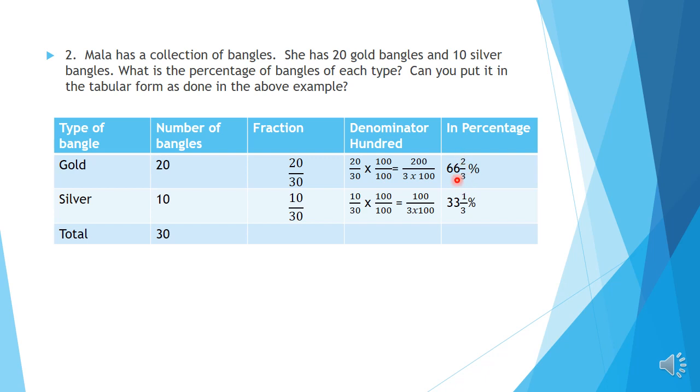Okay children, now 10 by 30 multiplying with 100 by 100, we get here, like in the first fraction case, here 10's 0 and 30's 0. This upside 0 and downside 0 get cancelled and now we have 1 by 3 left here. So 1 by 3 into 100 by 100. 1 into 100 is 100 and 3 into 100 we are writing as such so that we can see here 100. Okay, so the denominator is 100 here.